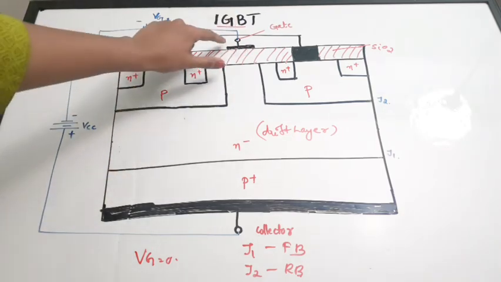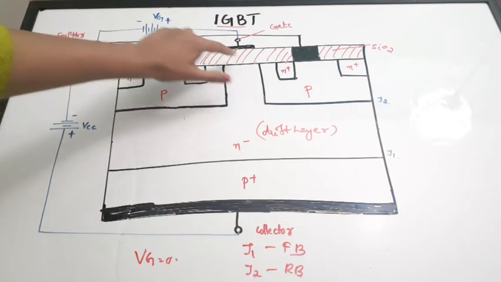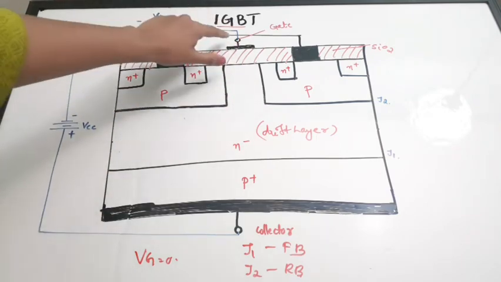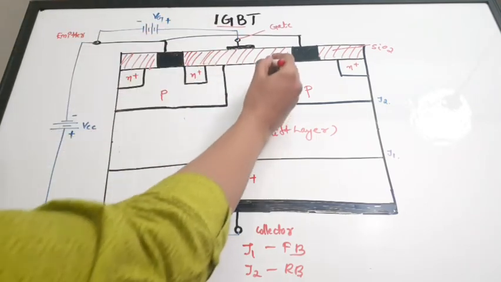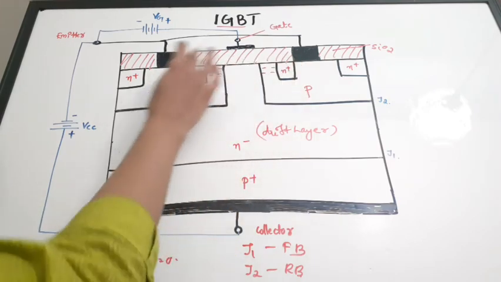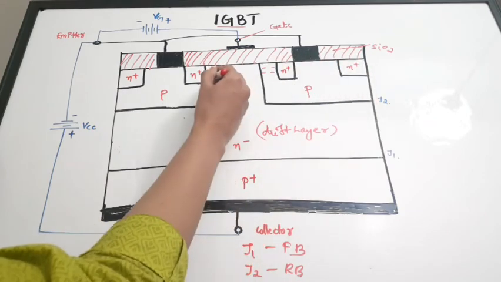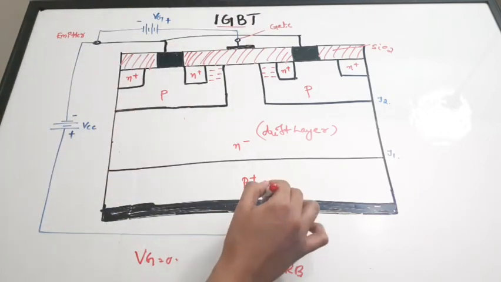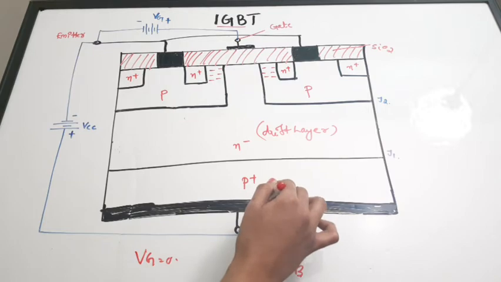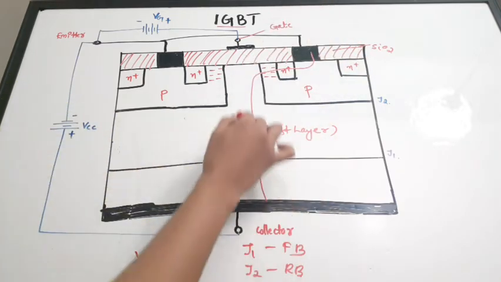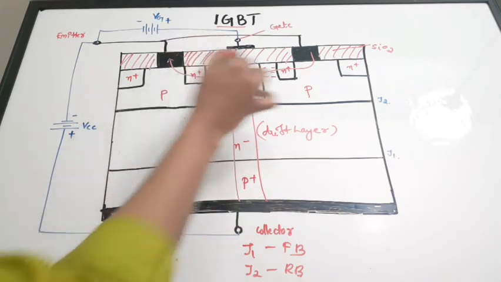Okay, so you can see there is a metal, there is an oxide, then there is a metallic portion. So there is a capacitance effect. When we are applying a voltage here, what will happen? The negative charge is actually formed in this P plus or P region. So there will be negative charges formed here due to the capacitance effect, and then a conducting channel is actually formed, and the current will flow from the collector towards the emitter side, just like this. So this is how conduction is actually happening.